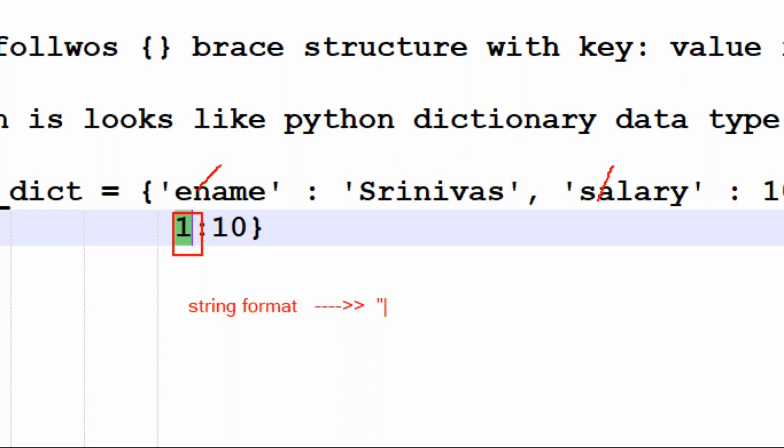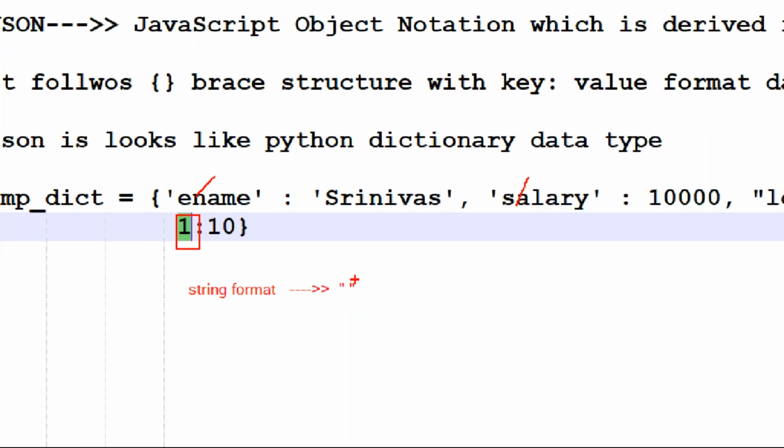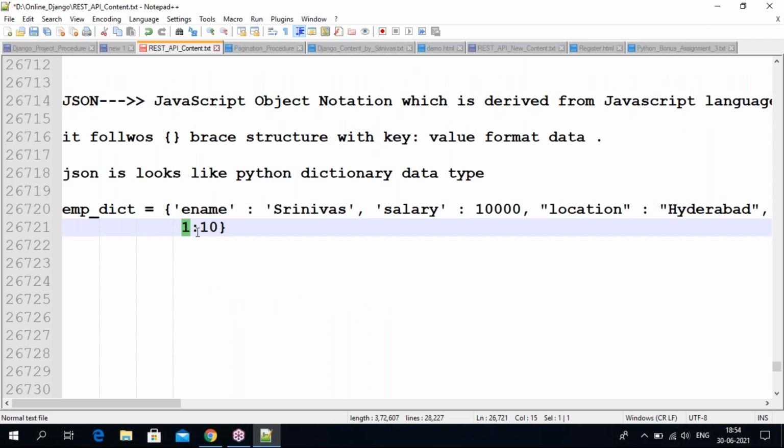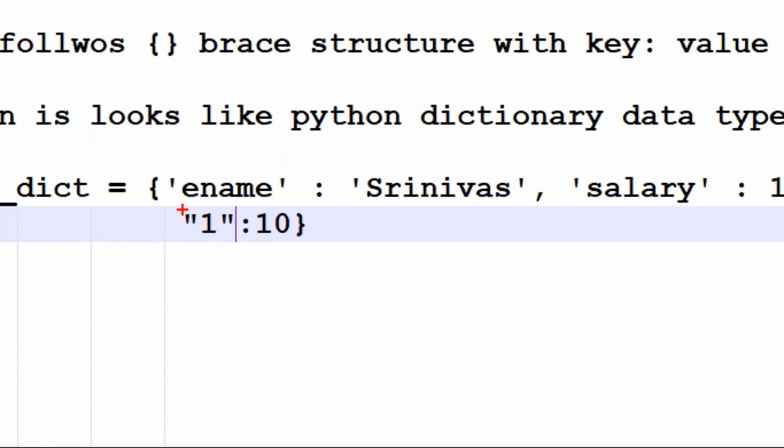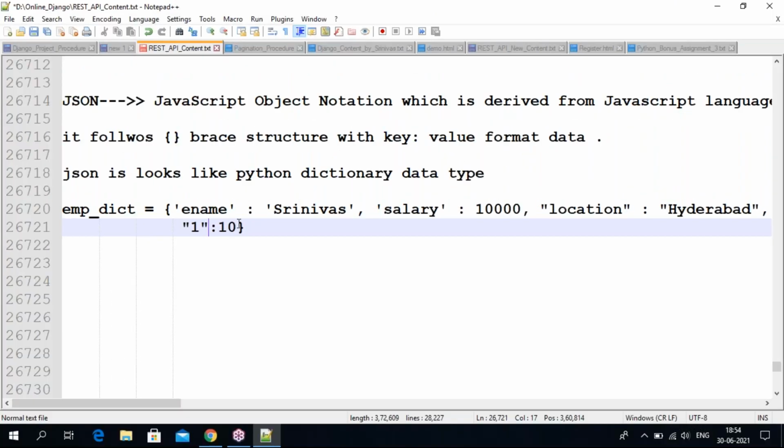In Python, strings can have single or double quotes, but in JSON only double quotes are required. Even if the key is the number 1, you need to write it as a string in JSON.